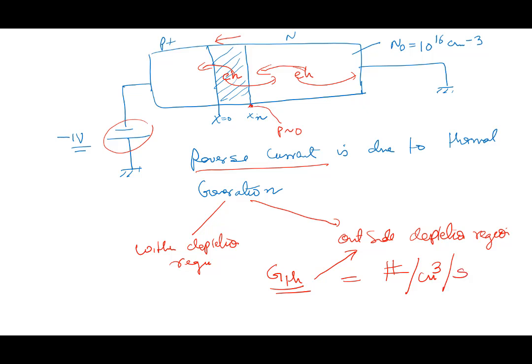This is the unit. The rate is the number of electron hole pairs generated per unit volume per unit time. So the rate at which carriers are being generated here and here are different. It's the same thermal process, same semiconductor, but the thermal generation rate is very different outside and inside